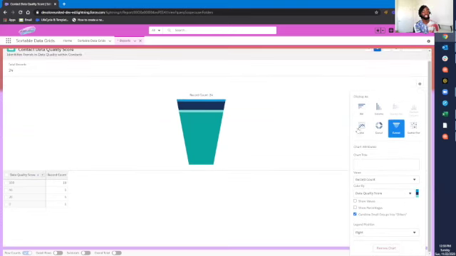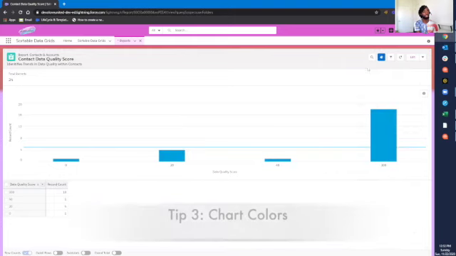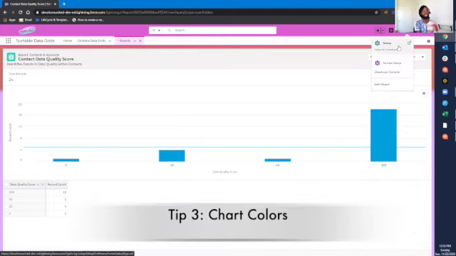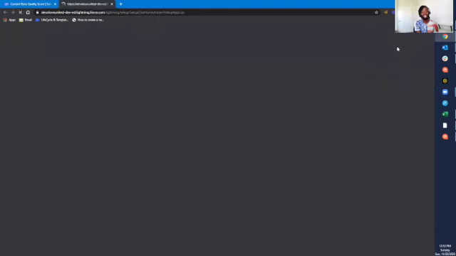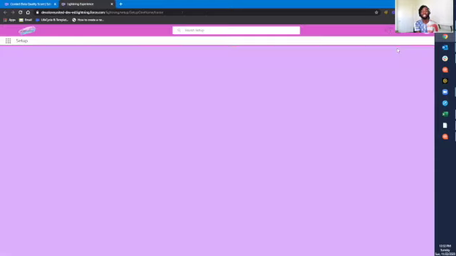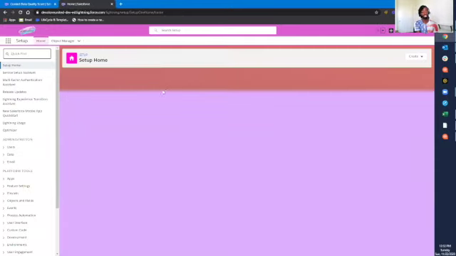And the good thing is with the different charts that you're able to pull in here, you have the same options that you do from a dashboard level. And you also can pull these into a dashboard based off of the report chart that's here. Fairly useful, specifically talking now about opportunity stages, is you can define your chart colors for your different opportunity stages. So what I'm going to do here is go to,